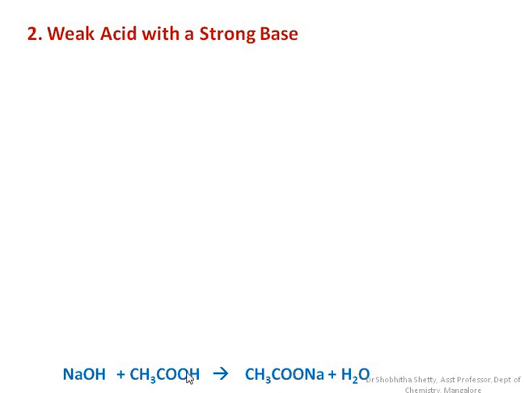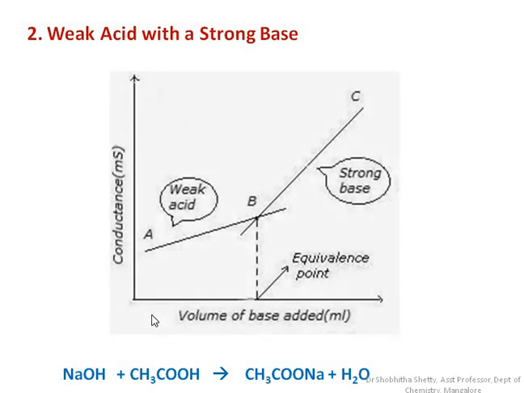As the reaction proceeds, the concentration of H+ ion goes on decreasing, and after the end point, once all the acetic acid has reacted, there is no more acetic acid in the beaker. At that time sodium hydroxide gets accumulated in the beaker. Next, the conductance will be with respect to the hydroxyl ion, which is also a highly mobile anion. So this is a graphical representation of the titration of a weak acid with a strong base. When you plot conductance versus volume of base added, initially the conductance value starts increasing.